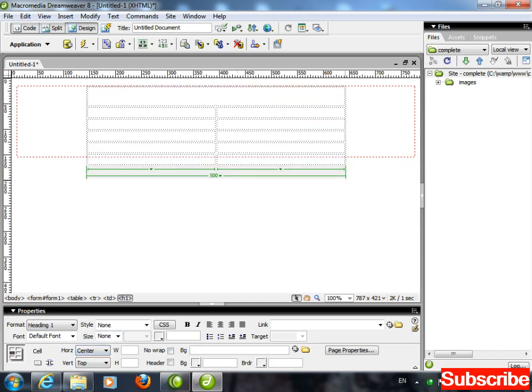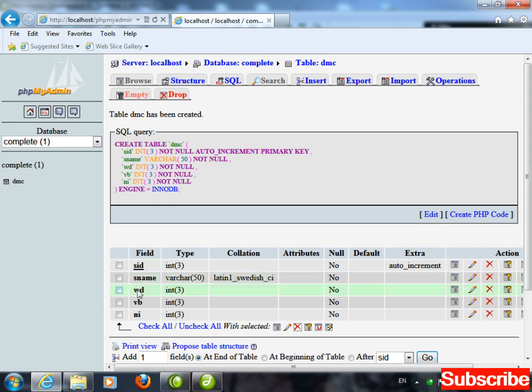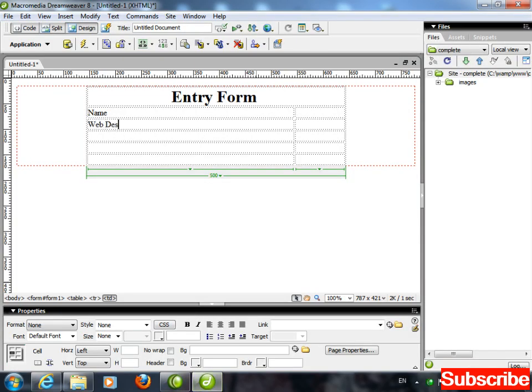Control 1, entry form. Here I am writing name, web designing, Visual Basic, and network infra. This is your old lesson, okay? I'm just revising for you people.